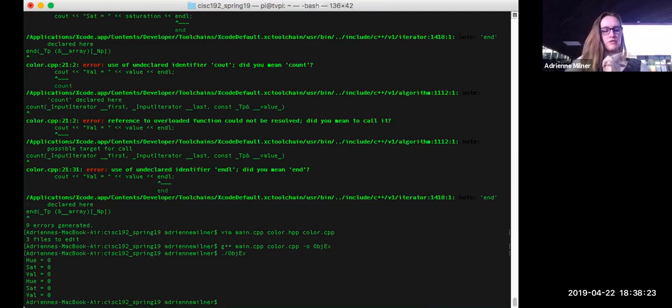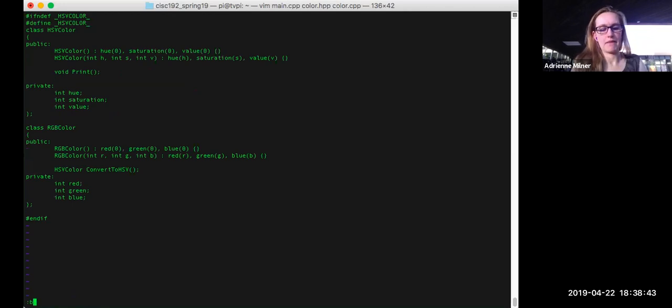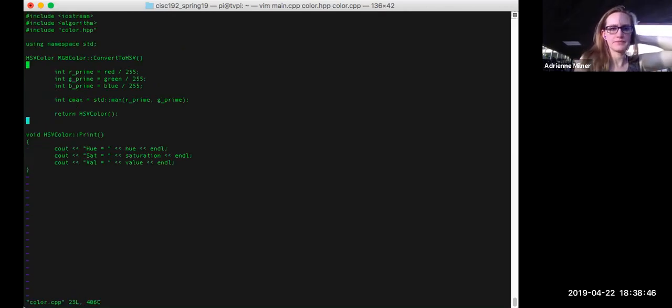Okay, so we're printing out both our teal and our black, and everything's coming out black because everything's set to 0. That's probably not what we would want, but it's actually what the code does. So let's go look at the code. We're printing our HSV color, which is in the bottom there. And really simple, we're just printing out all of the members in the class. And everything's coming out 0